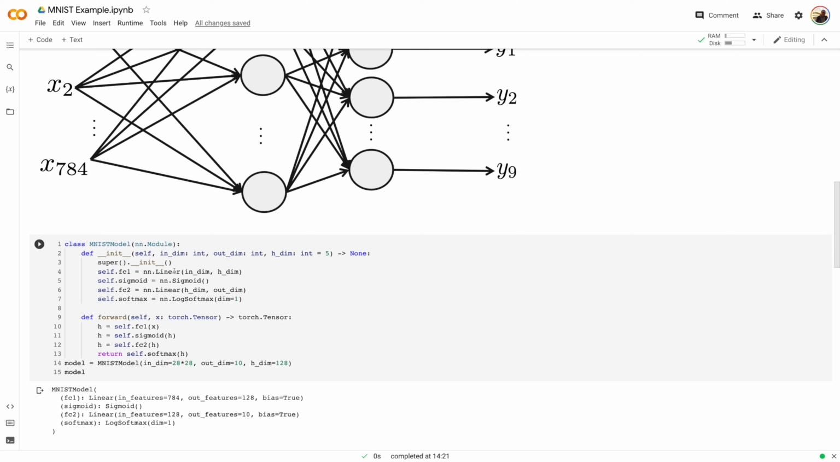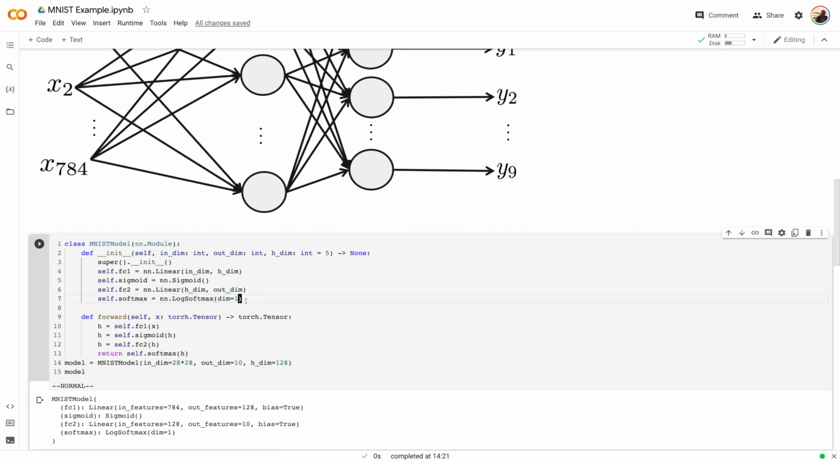The first is the fully connected layer from the input dimension to the hidden dimension. Then we have a sigmoid nonlinearity. We have another linear layer, hidden dimension to out dimension. And then we have a softmax as the final activation that gives us our log probabilities or final output for